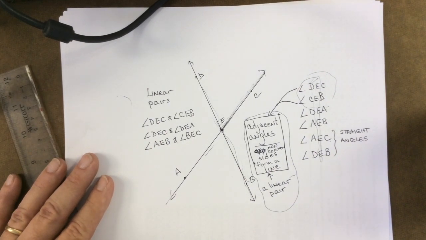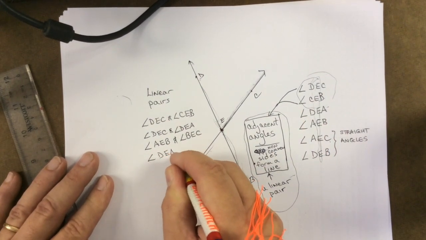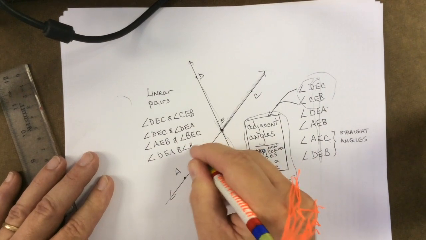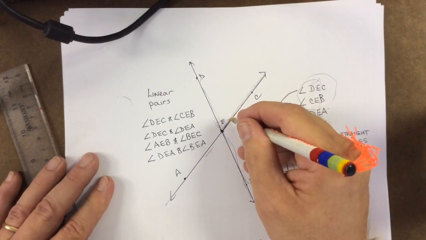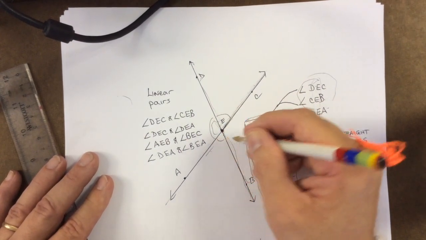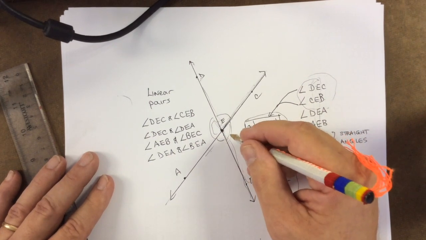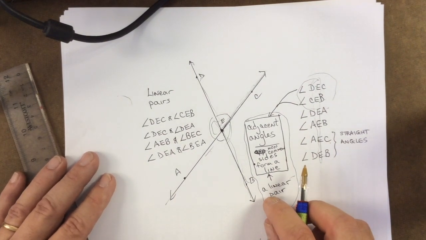Angle D. Yes. Angle DEA and angle BEA. Okay. So this one and this one, this one and this one, and this one and this one, and this one and this one. Now, the fact that they are linear pairs